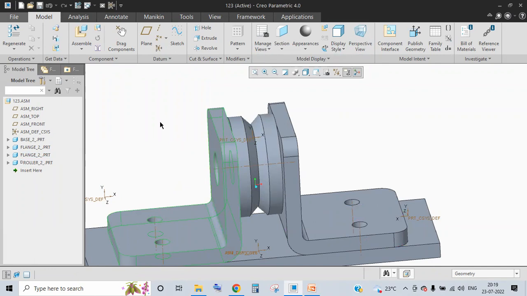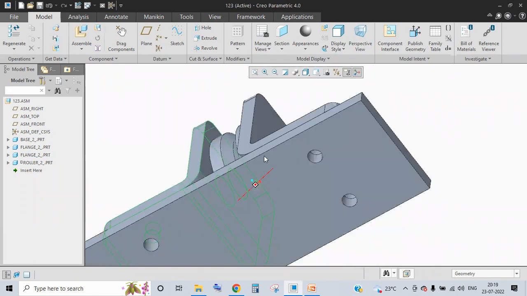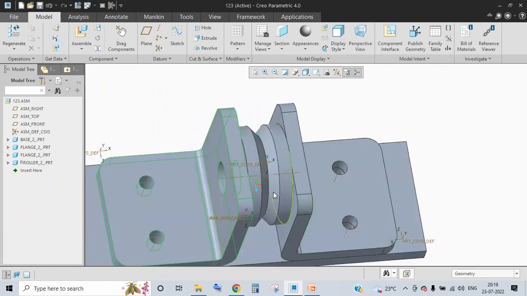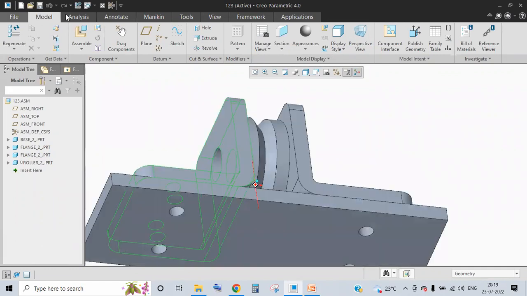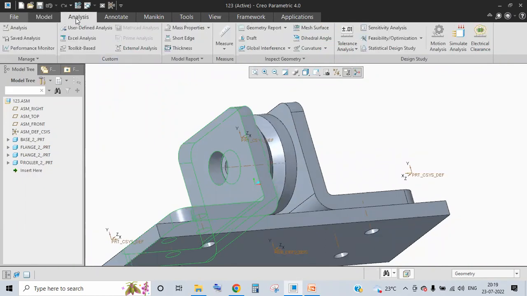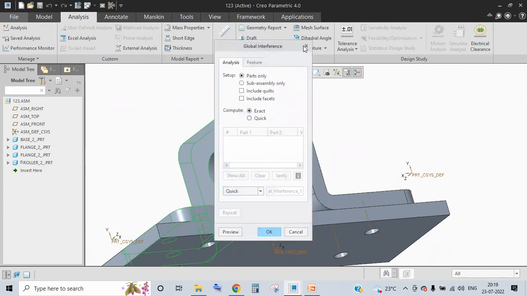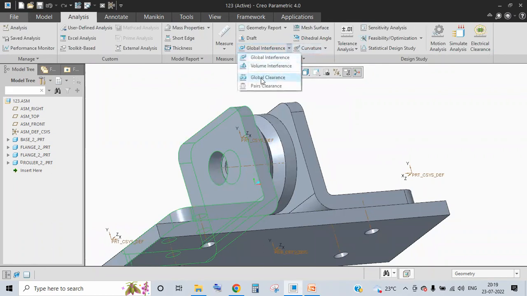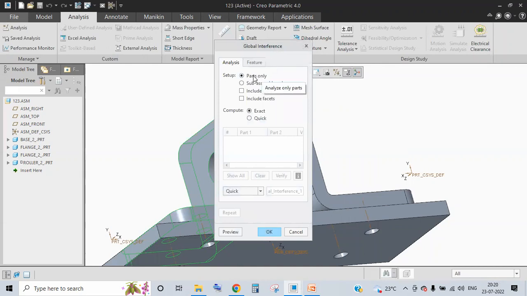Now another thing which is important for assemblies. Suppose we have assembled it. What if we have a clash between these parts? How will you check it? In analysis, you have something called global interference, as well as global clearance. So click on global interference. I want total parts. Select your assembly, click on